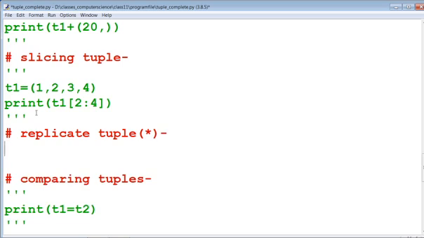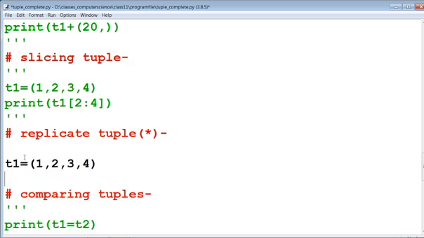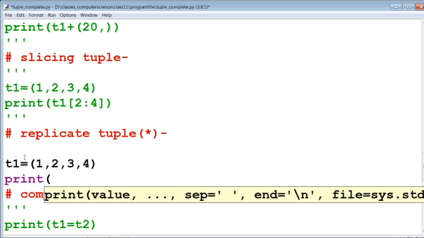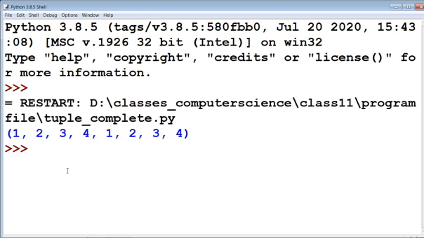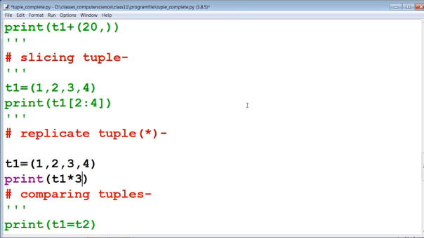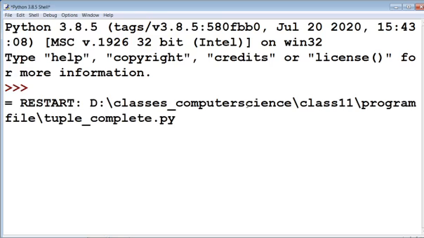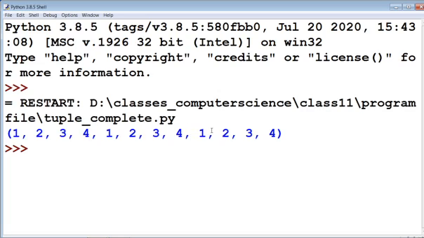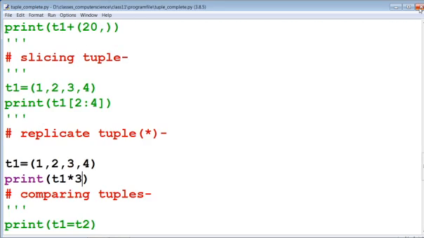Now if we define t1 and print t1 multiplied by 2, then you can see that the tuple will be printed 2 times. You can see 1 2 3 4 1 2 3 4. That means this is the replication of tuple. If we put 3, then 3 times our tuple will be replicated. You can see 1 2 3 4 first time, second time, and this is the third time. So this is the way to replicate the tuples.